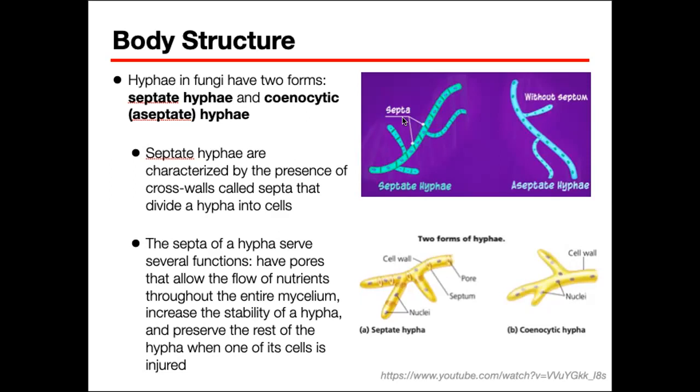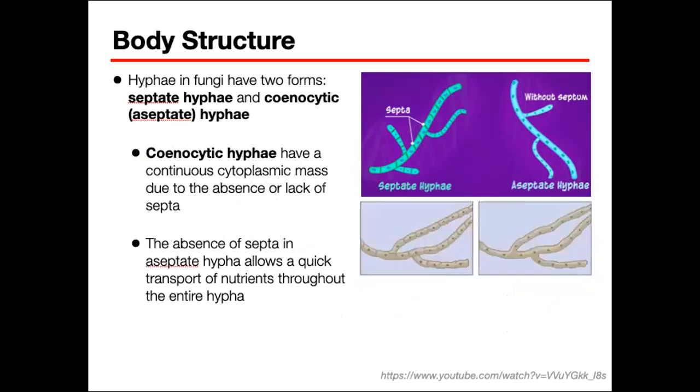So, yung septate naman na hyphae, they have pores that are large enough to allow even ribosomes, mitochondria, and even nuclei to flow from cell to cell, especially during reproduction. Ano? So, ganun kalaki yung pores ng ating septate hyphae. Okay? And sinusitic hyphae naman, because it does not have these cross walls, continuous lang yung cytoplasm natin throughout the